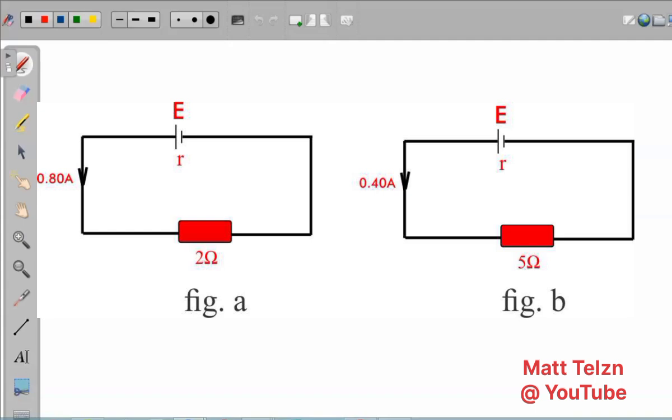figure A is a representation of a current that is 0.80 amp, which was supplied through the 2 ohms, and figure B is 0.40 amp, which was supplied through the 5 ohms external resistor. Alright, so the first thing we are going to do, since we are asked to find the internal resistance of the circuit, we now select